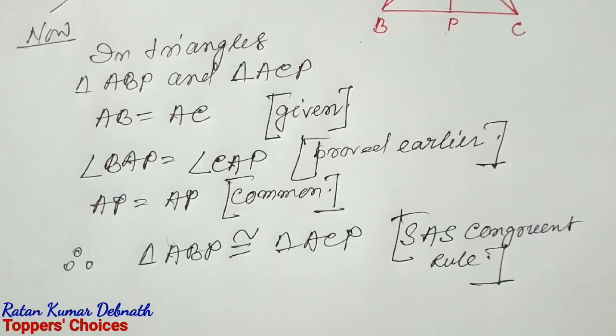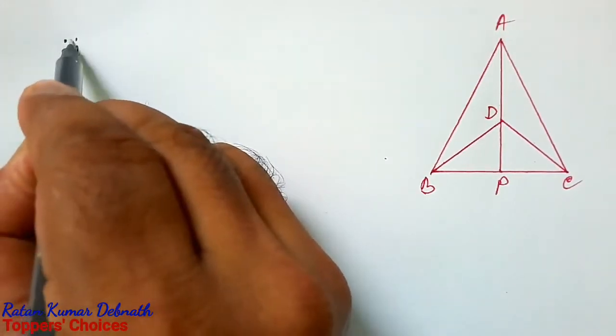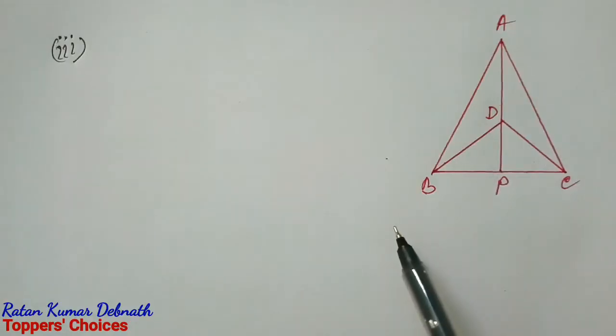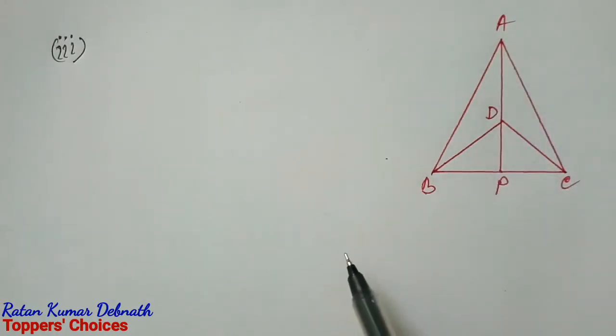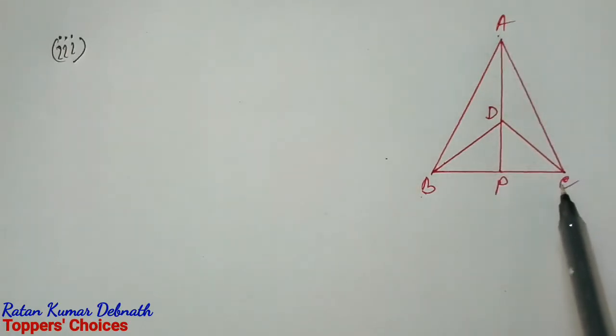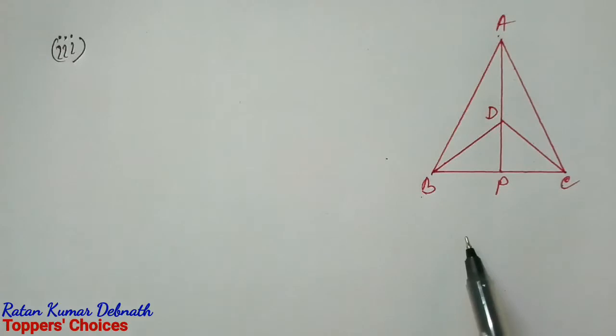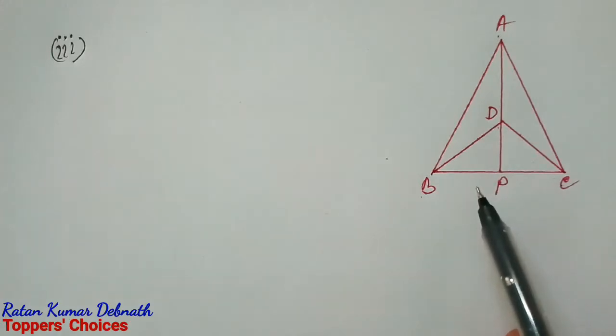So that's all about question number 2. Now, third part of this question, we have to prove AP bisects angle A, that is AP bisects angle BAC, and AP also bisects angle D. That is, we are going to prove